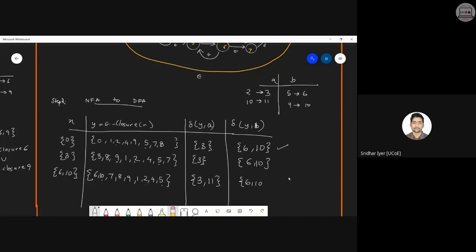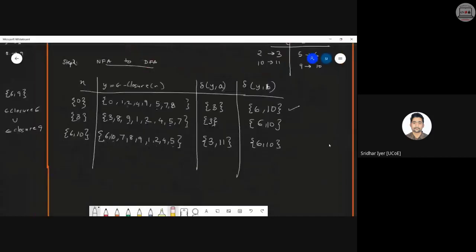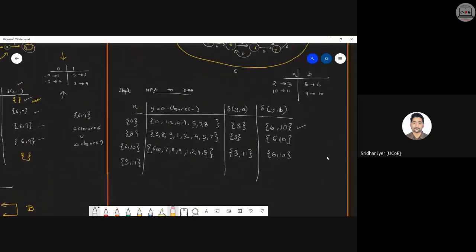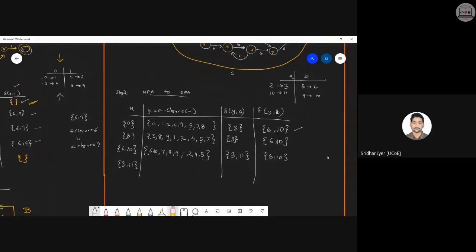Okay, correct. It has to be present since it is the final state. That's why so far in these 3 rows we haven't encountered the final state yet. So there has to be a state which has 11 in it. That is why we have to consider it properly. Don't make mistakes in the diagram. Don't make any mistakes while solving, otherwise we will end up getting fewer marks, because after step 2 the entire question will be wrong.